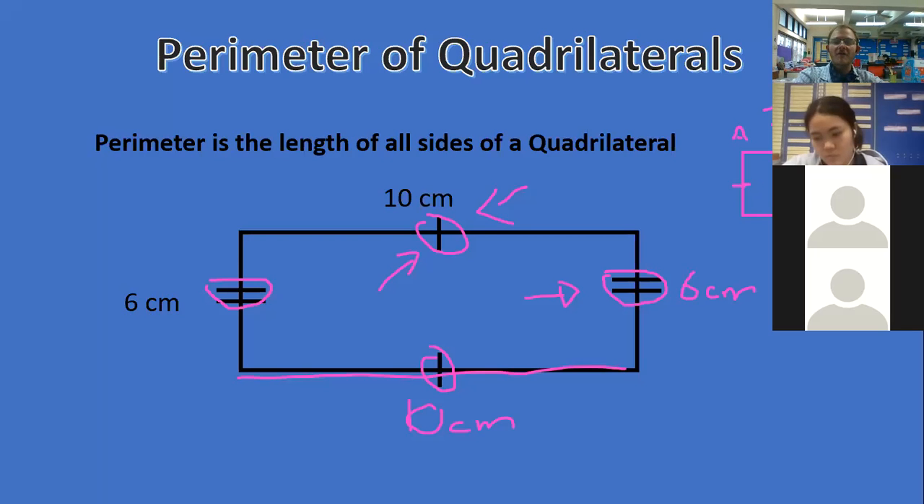But because we have these lines everywhere, it means that all the sides are the same length. So this will be 3 centimeters. This will be 3 centimeters. And this will be 3 centimeters. Okay. So we're going to do a few different exercises now, and I want us to use our brain a